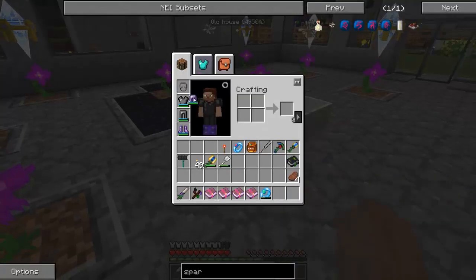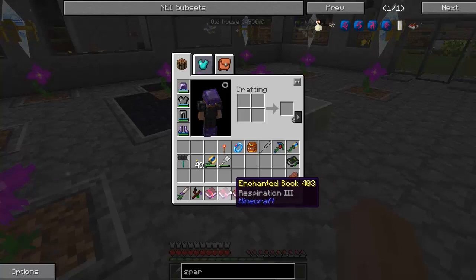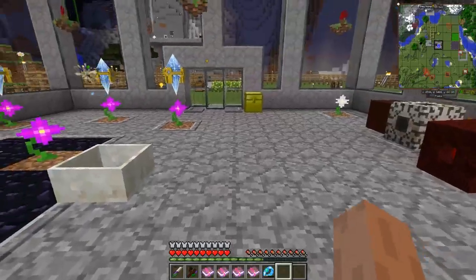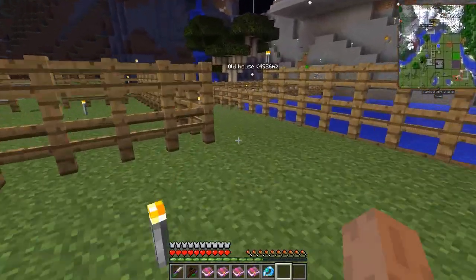And like I said, it does double list everything. Aqua Affinity, Protection, Unbreaking. Sweet. It didn't do Respiration though. Oh yeah, it is up here on the very top. Respiration, Aqua Affinity, Protection, and Unbreaking. Still don't know why it lists it twice,